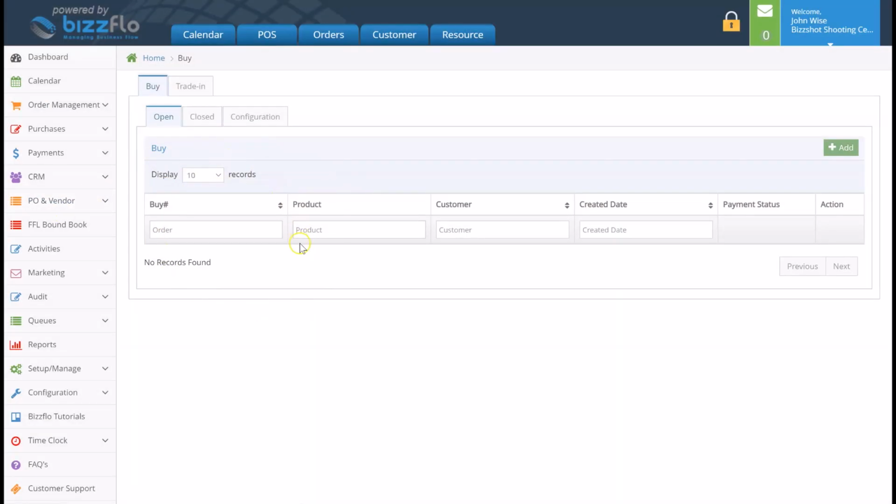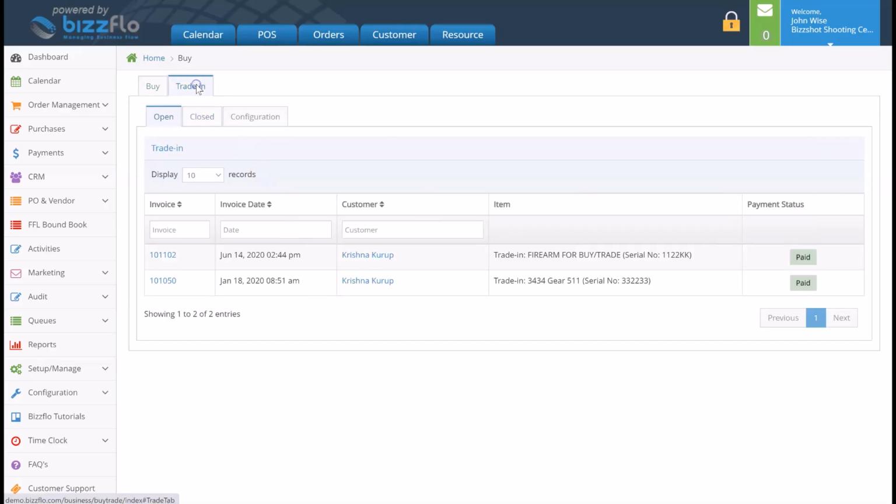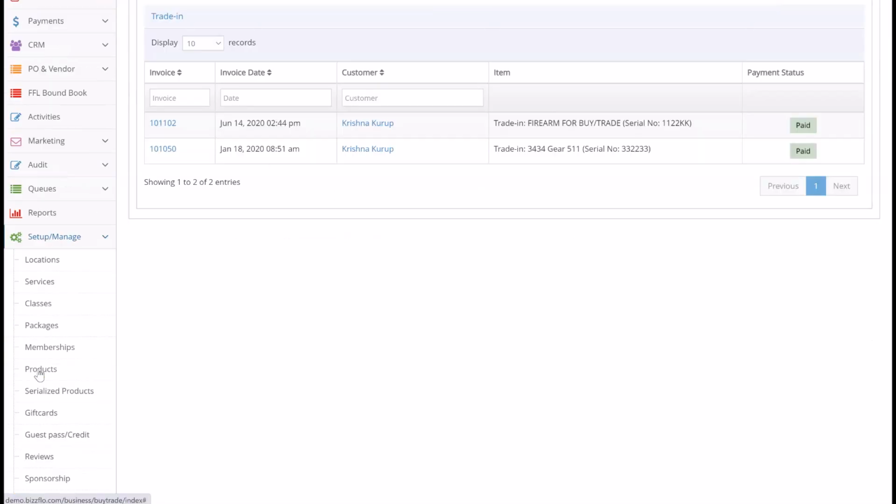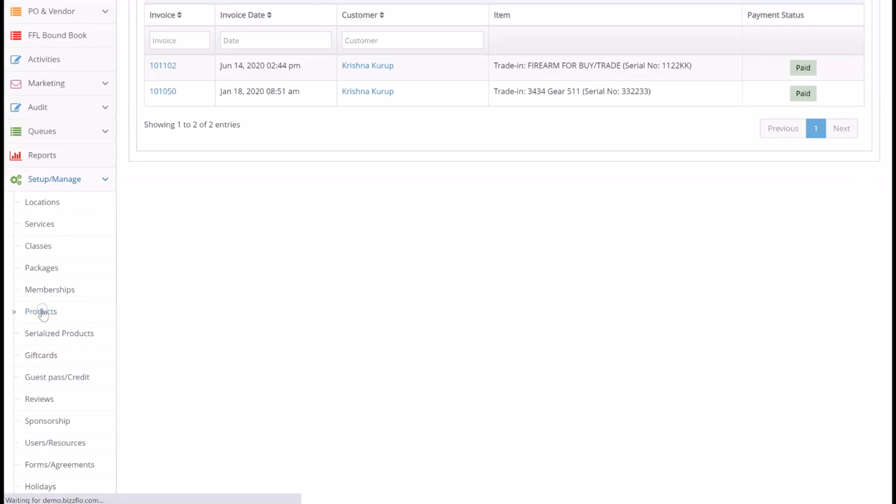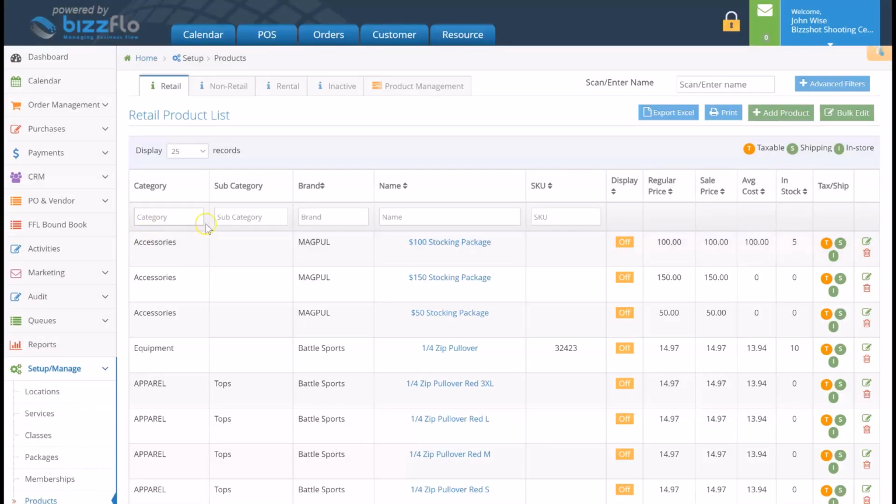When creating new trade-ins, you may want to categorize all of the firearm trade-ins as one product, and from there you can organize them by serial number. If you choose to do this, you can navigate to the Setup/Manage tab on the left and click on Products from the dropdown. You can create a new product titled Firearm for Buy or Trade, which is what I have